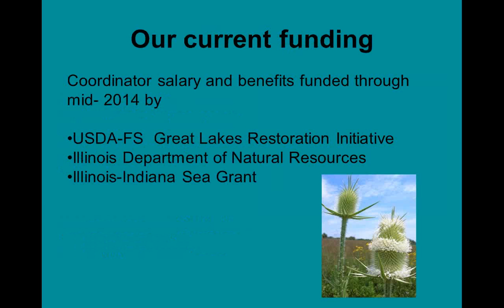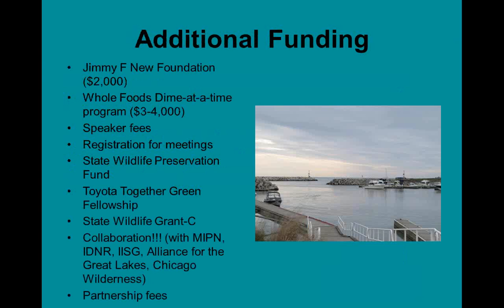Right now, we're funded through middle of 2014 through Great Lakes Restoration Initiative from the Forest Service, some funds from Illinois Department of Natural Resources, and Illinois Indiana Sea Grant. I'm still waiting to hear on several other grants that I have in progress. Additional funding sources for us have included the Jimmy F. New Foundation. We've gone to corporate foundations, but we often cannot ask corporations outright for donations because we're not officially